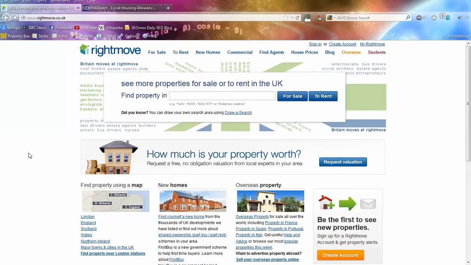Today I'm going to share with you how to find market rents for property investments in Chester. So if you're looking at maybe buying a property in the Chester area and you wanted to see what market rents you may be able to achieve from professional tenants, but also maybe what the local housing allowance entitlement is, there's two websites here which I'll run through with you now, which will show you simply how to find